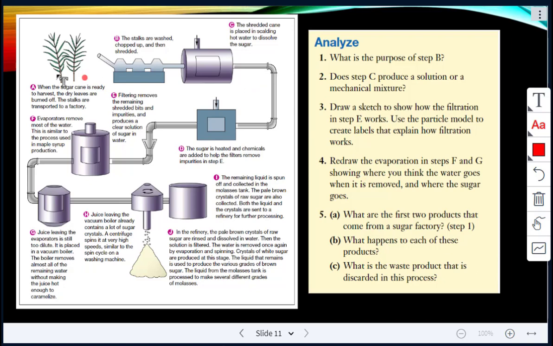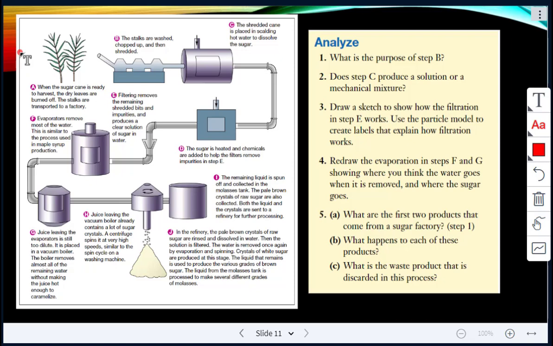So the very first introduction to this investigation is that different types or different grades of sugar all come from either sugar beets or sugar cane. For example, white sugar, golden brown sugar, dark brown sugar, and even molasses, they're all produced from either sugar beets or sugar cane. So our question today is, how do the steps of separation and processing produce different grades